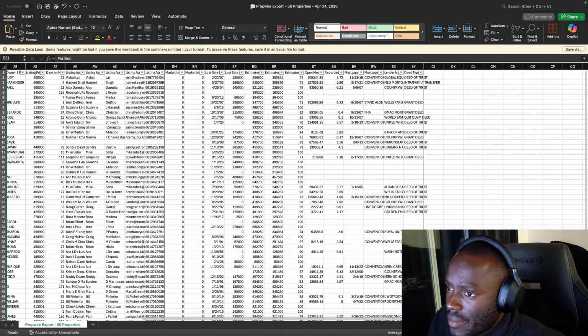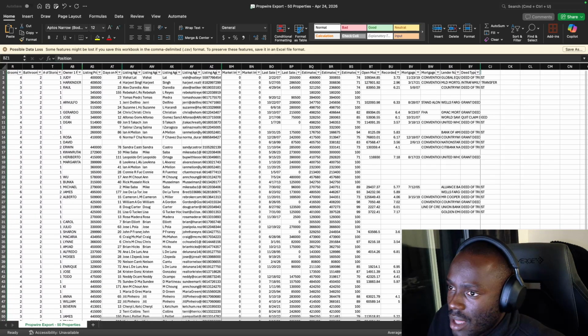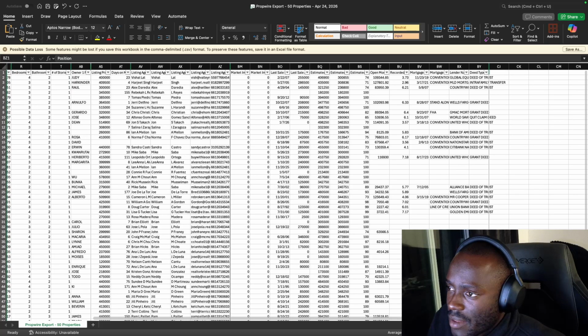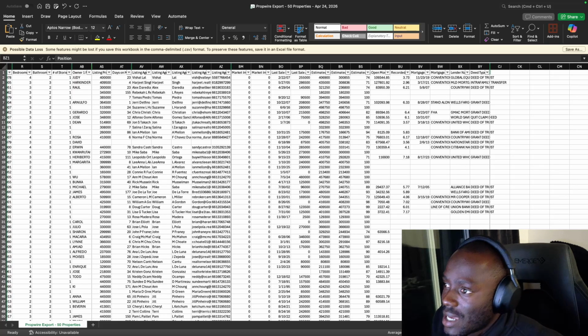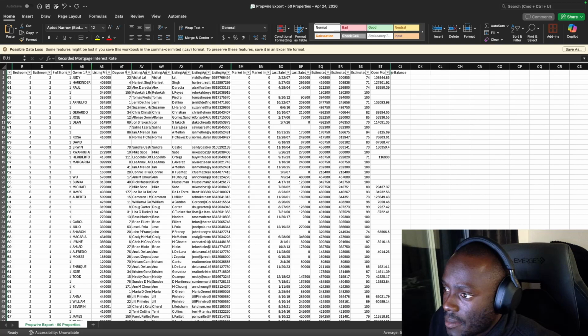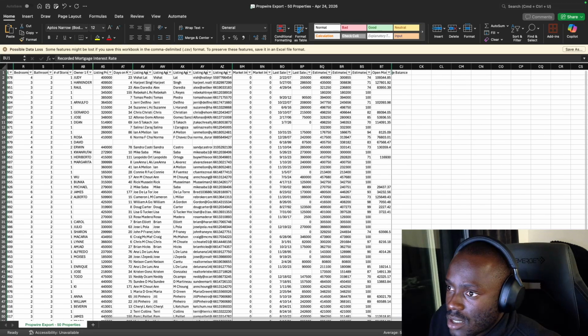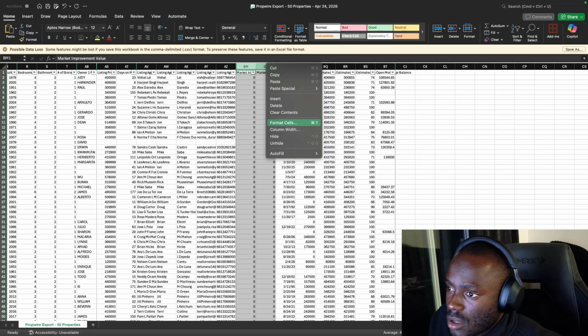So deed type, the only thing that we really need is the listing agent's name, email, and their phone number. That's it. That's all we need, really. Honestly, we don't really need anything else. So open more like maybe mortgage information, maybe. But these right here, we don't need it. So I'm gonna hide that. We just want to clean this list up. Right, this we don't need. Hide.